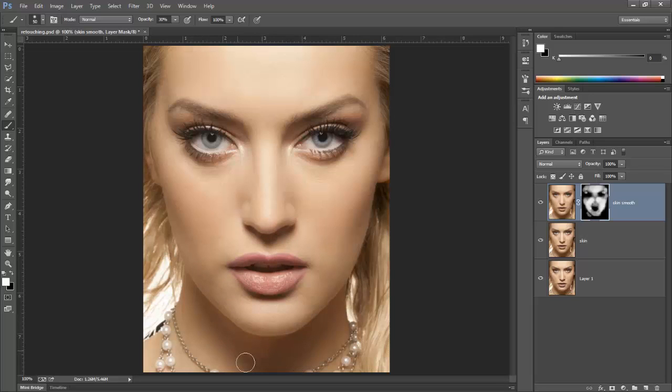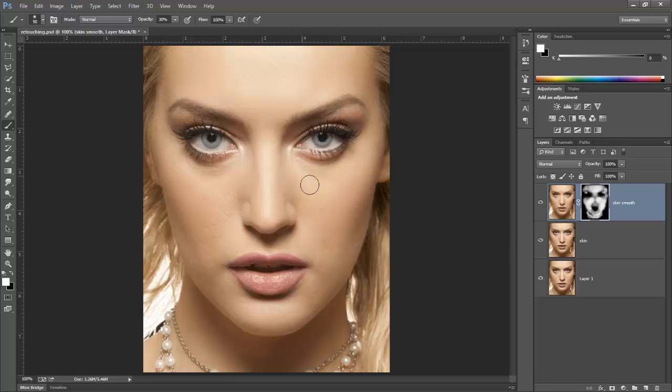Perhaps in here underneath the jawline. Try and keep some of these little hairs here just to create the realism that this is indeed a real image and not a touched image. So okay, we've got that far. Let's have a look at the difference we've got. You can see we're really starting to